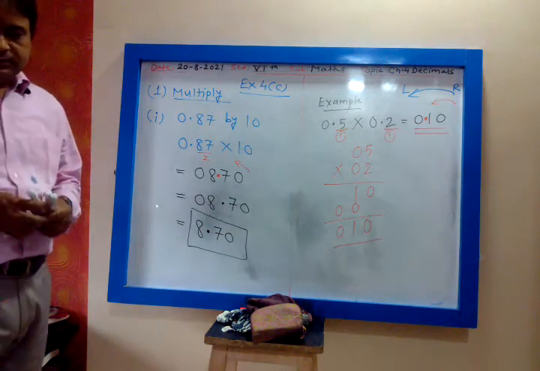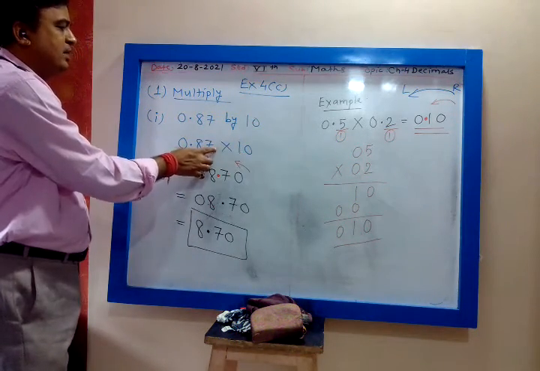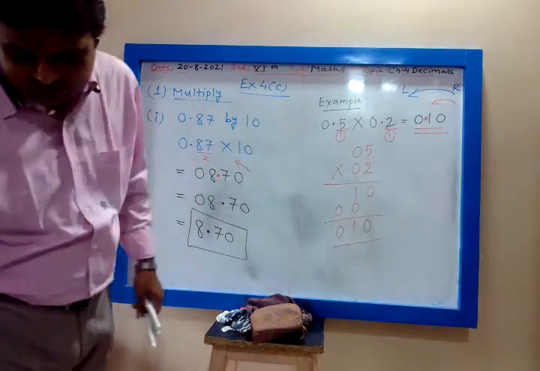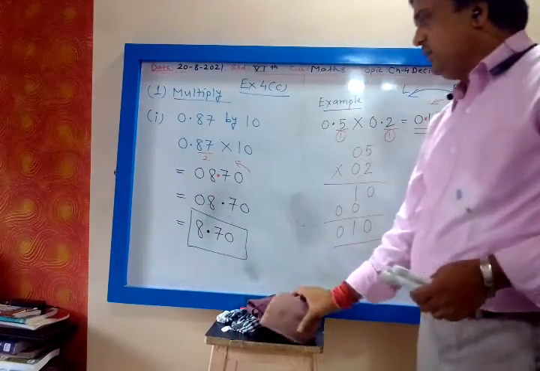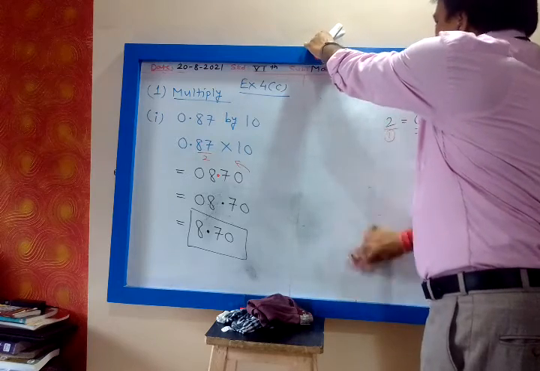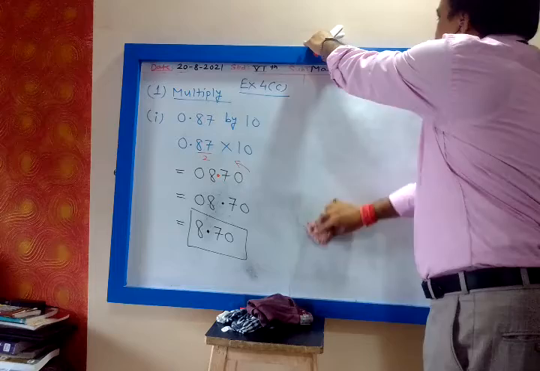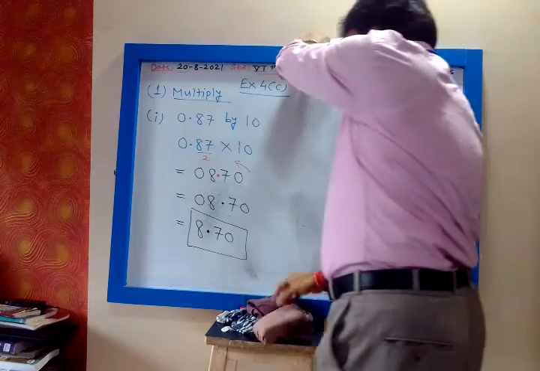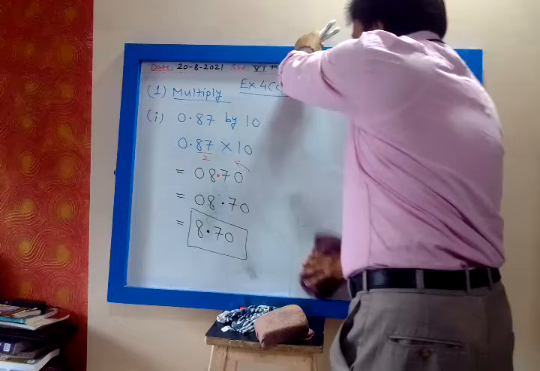Yes, mute the microphone. So whenever it is multiplied by 10, you add 1 zero to the right. That's all. And place the number of decimals. Okay? Shortcut technique: whenever it is multiplied by 10, you add 1 zero to the right, and then place the number of decimals from the right side. Okay. So let us see the second part.